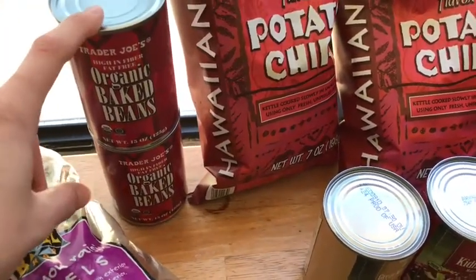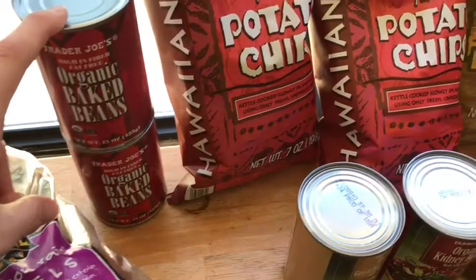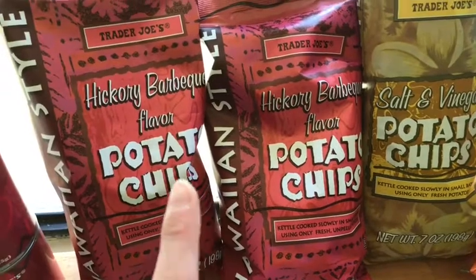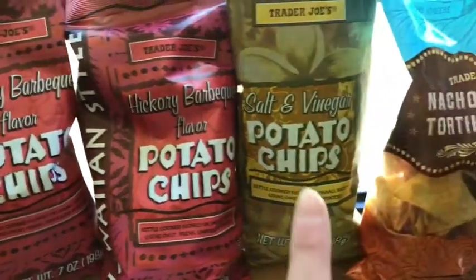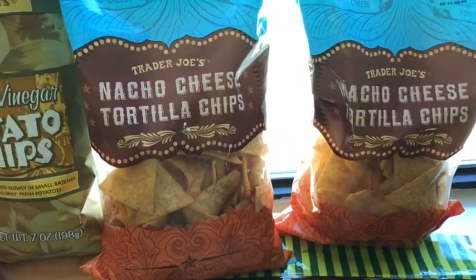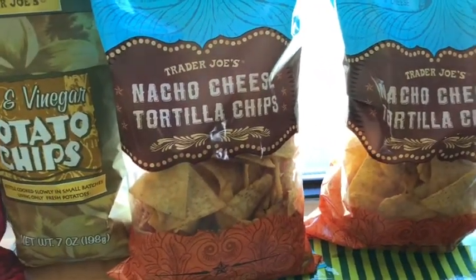We eat just 1 can of these whenever we have hot dogs. And here are the chips that we love. We got 2 of the hickory barbecue, 1 of the salt and vinegar, and 2 of the nacho cheese. If you've seen any of my cooking videos, or most of my cooking videos, you know that